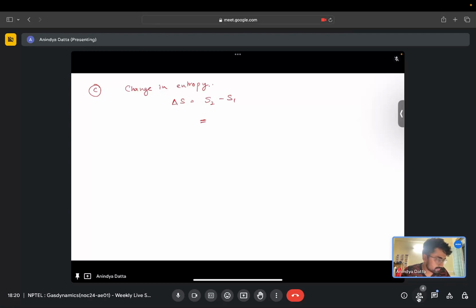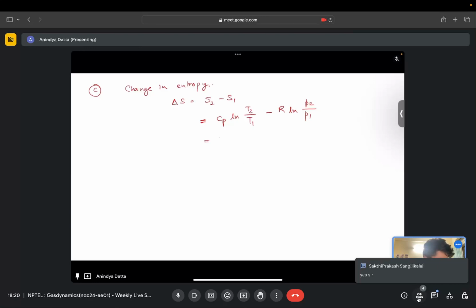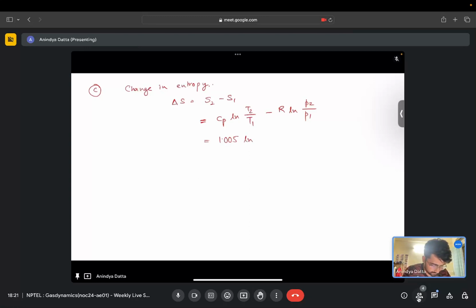What we know from basic thermodynamics, the second law of thermodynamics, is that the change in entropy is Cp ln T2 by T1 minus R ln P2 by P1, right? So this is 1.005 ln T2 by T1 minus R ln